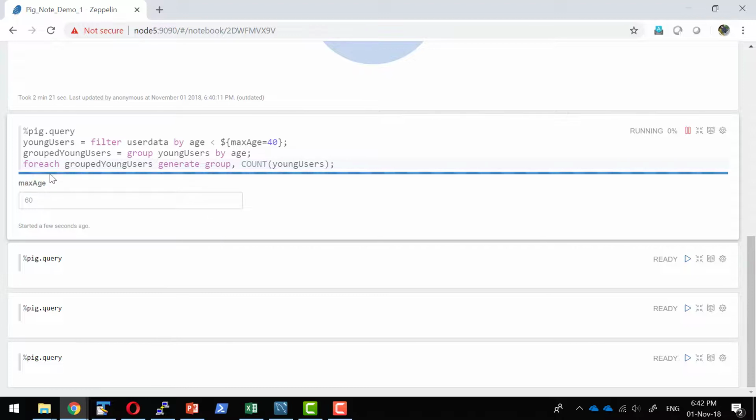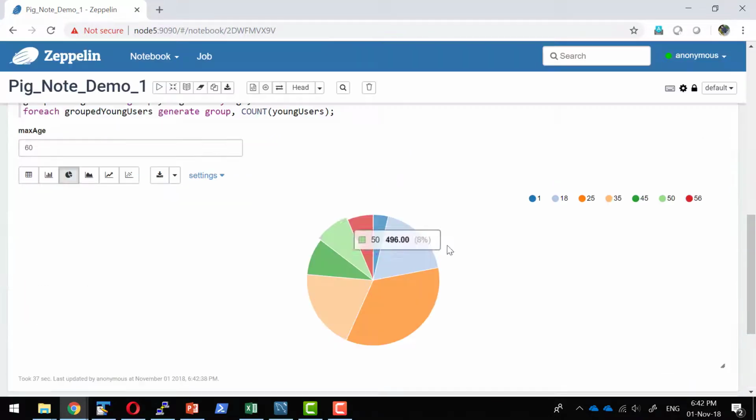This is where the dynamic form is going to be very useful. I don't need to go and change the code. I can provide this as a user input. Dynamically user can provide the input. We have got the result for all the age less than 60 and that have been charted as a pie